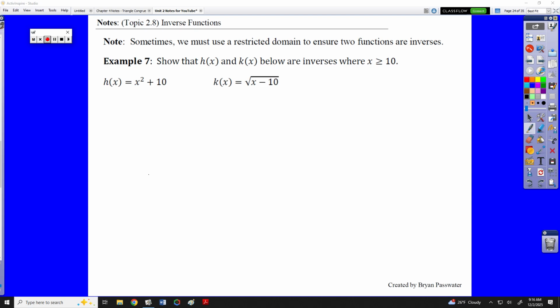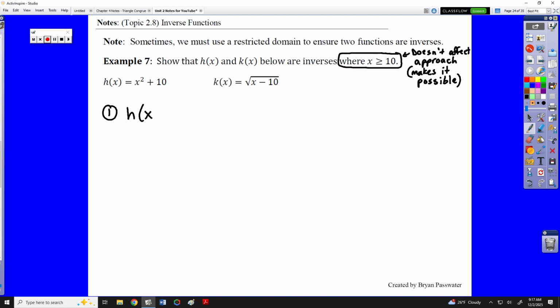So when you see a problem like this and it says show that h of x and k of x below are inverses, where x is greater than or equal to 10, do not get thrown off by this. Okay, this doesn't affect the approach. What it does is it makes it possible. So, what we do, again, is we show, first of all, that h of k of x